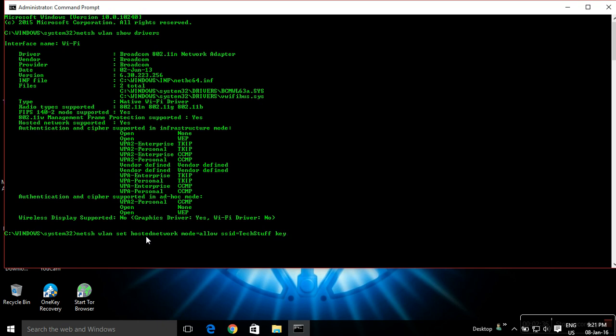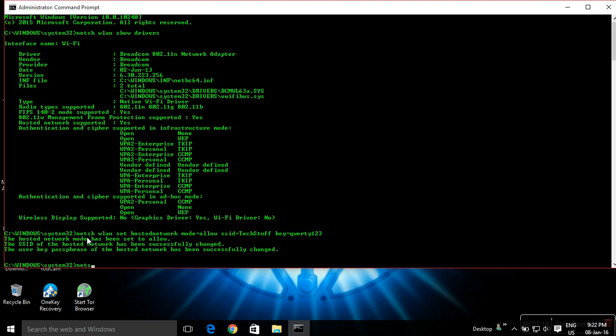then write key. This key means the password which you want to assign to your Wi-Fi hotspot. If you don't put the key, this will be an open hotspot, so anyone can access it. And if you are putting this key, just remember that this key should be at least 8 characters long. So mine is QWERTY 123, simple to remember, and just hit enter. You will see some output something like this. Then if you see this output, then it's fine.